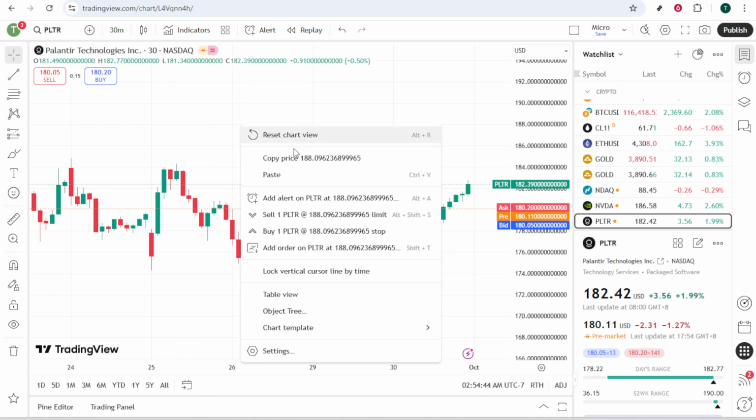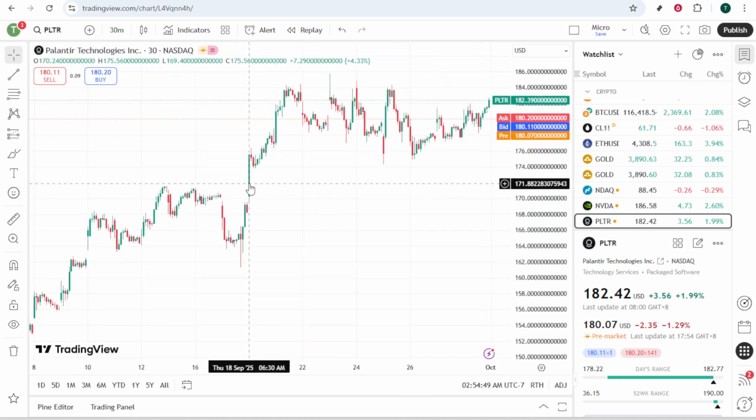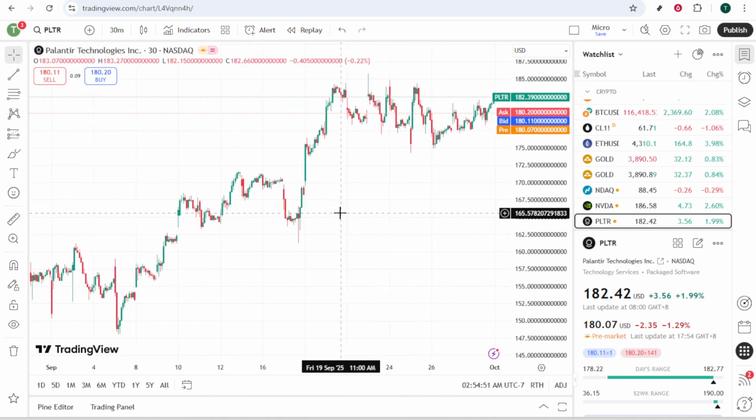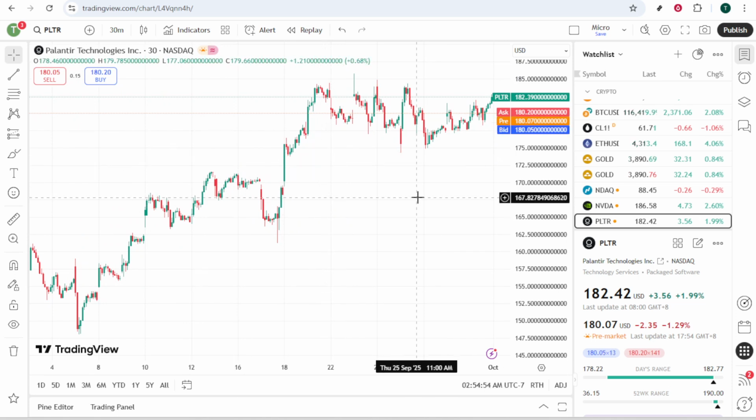Now, at the very top of this pop-up window, there's a button that says Reset Chart View. What this magical button does is precisely its name. It resets the view of your chart. So go ahead and click on it. Instantly, your chart will adjust itself to include all of the price action and any indicator plots you have on it. This functionality is incredibly useful because it provides a clear and complete view of what's happening without any manual